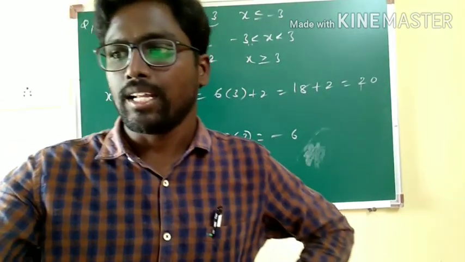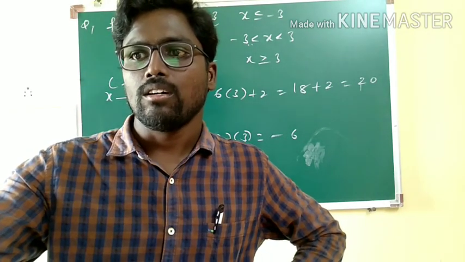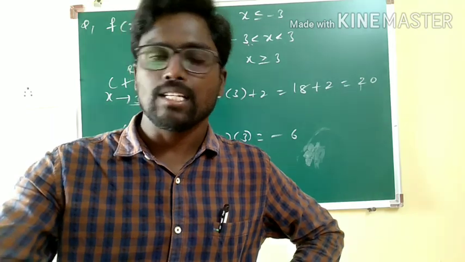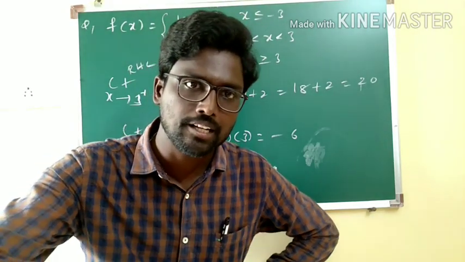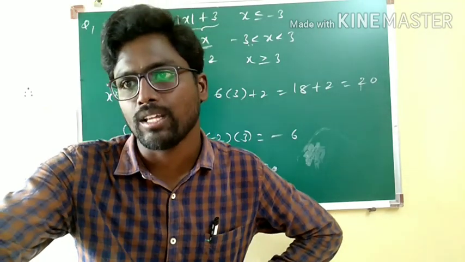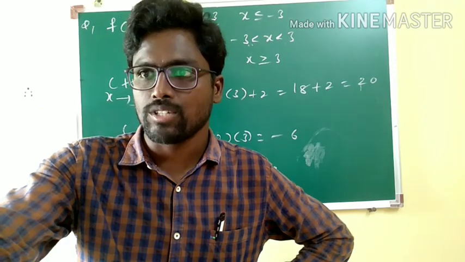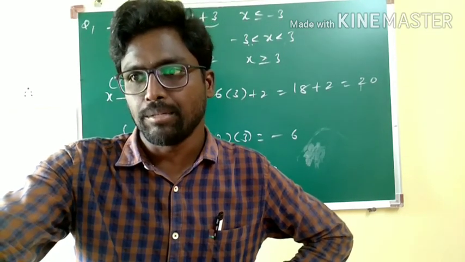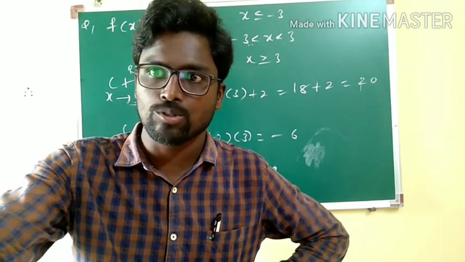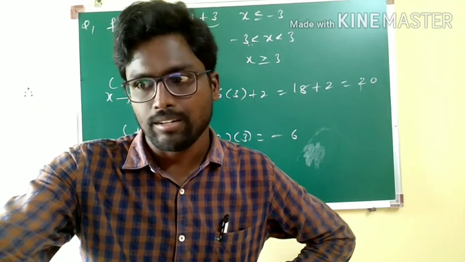And in case of the trigonometric function, you can apply the formula of sin c plus sin d. What is sin c plus sin d? 2 sin of c plus d by 2 cos of c minus d by 2, and you can substitute the result there. Even this I have sent on WhatsApp. If you still have any query, you can update me. This has a very lengthy solution. Please observe thoroughly, and you can understand.